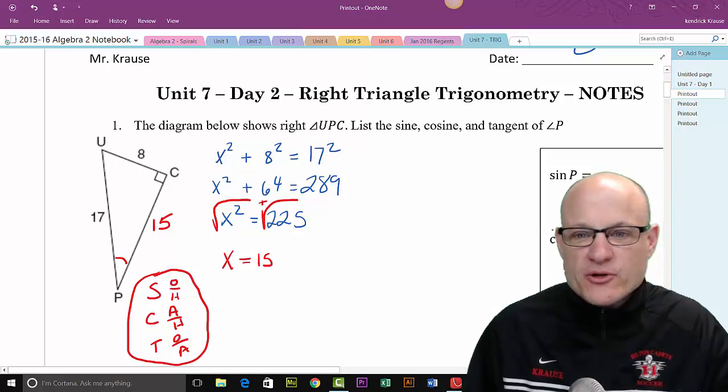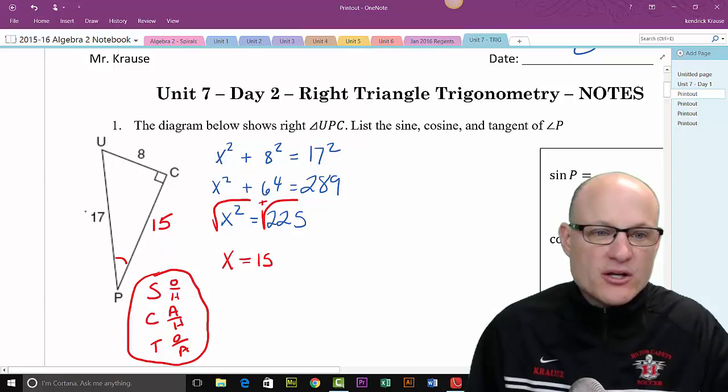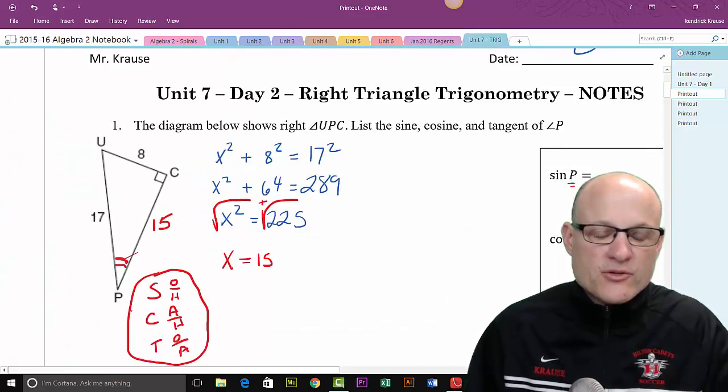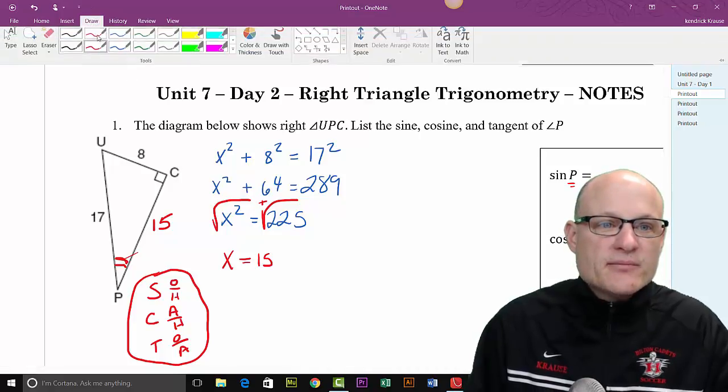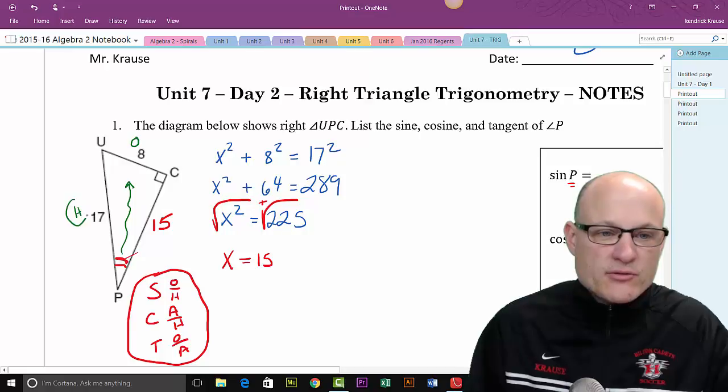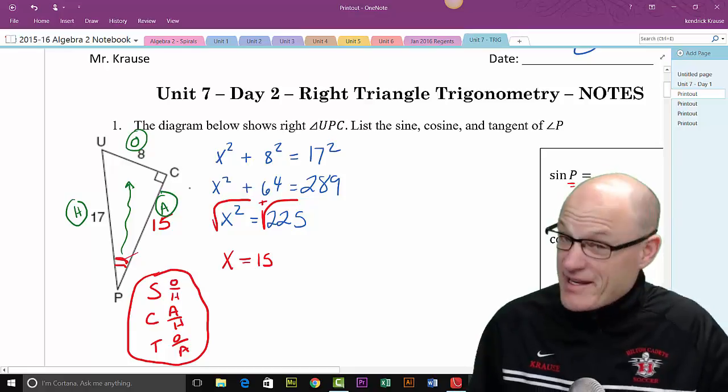So then before you start to figure out what sine P, cosine P, and tangent P are, you want to label this diagram. I always try to do opposite first. This is our angle P down here, and I'm looking for what sine P, cosine P, and tangent P are. So first thing I do is label this O, A, and H. This would be O because it's opposite of the angle. The H is easy, that's the hypotenuse. And whatever's left over, the adjacent side, which just means next to the angle but not being the hypotenuse,